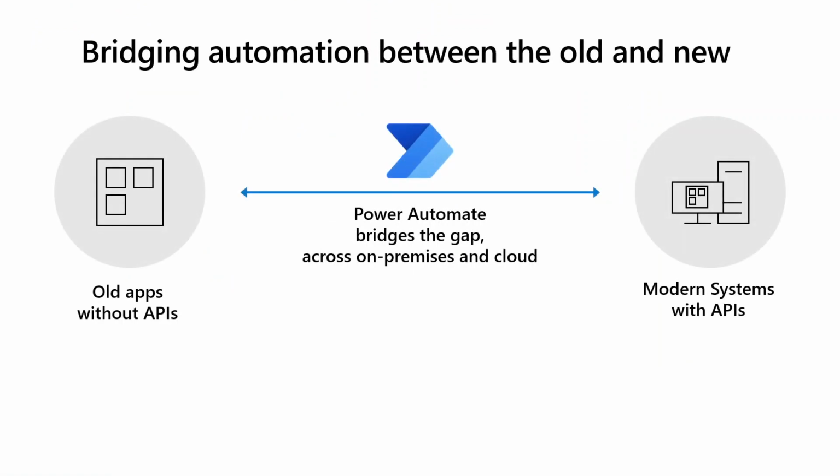And so that's it. That's all the demo we're going to go through. But what I think differentiates Power Automate from all the other platforms is that you bridge the gap between these modern systems with APIs using cloud flows that execute without needing a PC. They just run at planet scale. They run with resilience